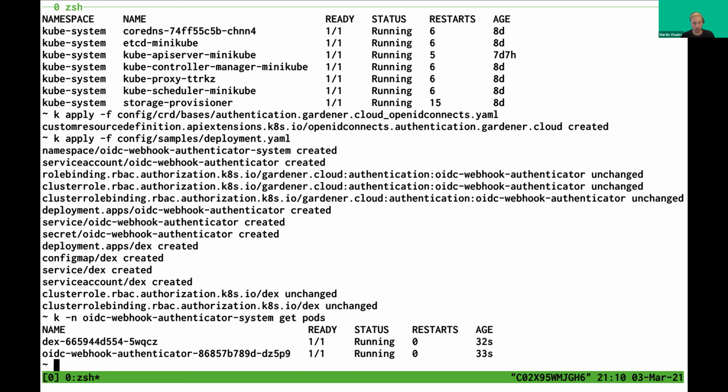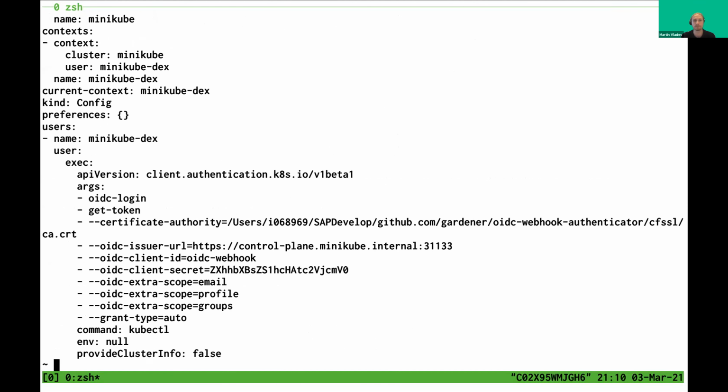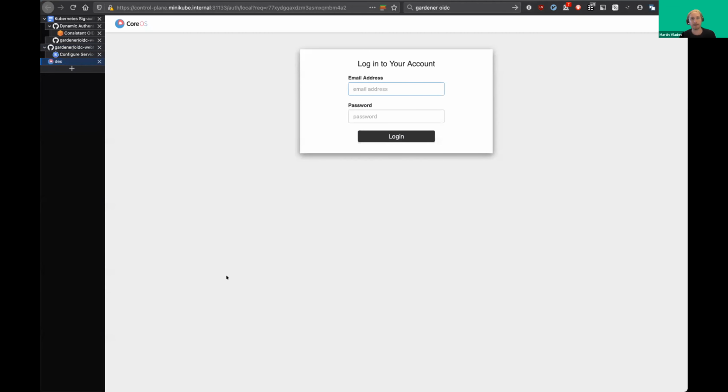So the next thing that I'll do is I have prepared in advance a kubeconfig context, which allows me to authenticate with DEX. So here, even if we see the config, we actually use the OIDC login plugin to quickly get the token. But in this case, we have provided some simple DEX secret and then client, and as you can see, the plugin is already automatically